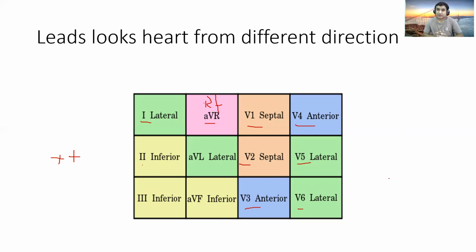So if you see an ECG with ST elevation in lead 2, lead 3, and AVF, and they ask you where the problem is, then you have to say the inferior surface of the heart, inferior wall MI. If someone says there is ST elevation in AVL, V5 and V6, then you have to say the problem is at the level of the lateral surface, the lateral wall MI, that way. So we have to comment. That's why we have to know from which direction the leads are looking at your heart.